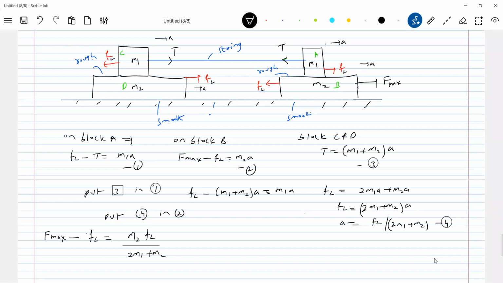What is the value of FL? Mu M1G. It depends upon the normal reaction between them. So substituting this, F max equal to FL plus M2 FL by 2M1 plus M2. This will be 2 M1 plus M2 FL by